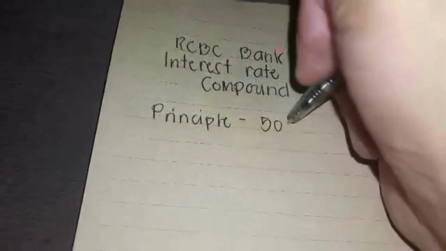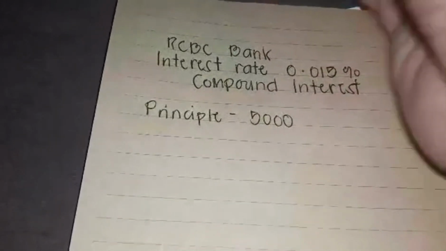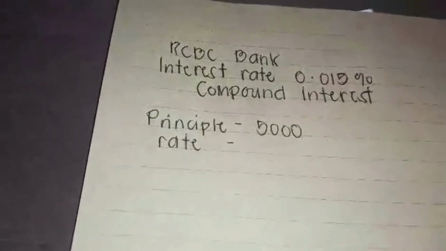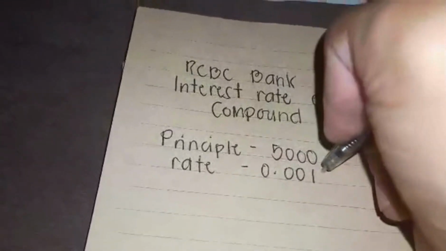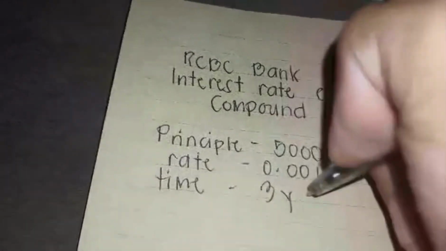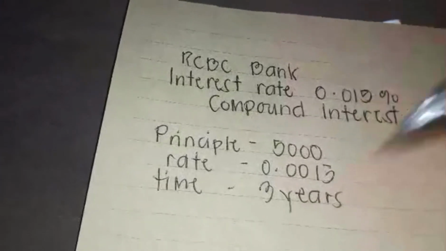The principal is 5,000 and rate is 0.00015 and time is 3 years